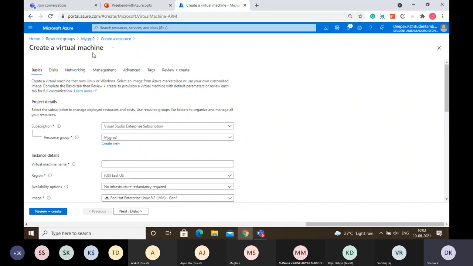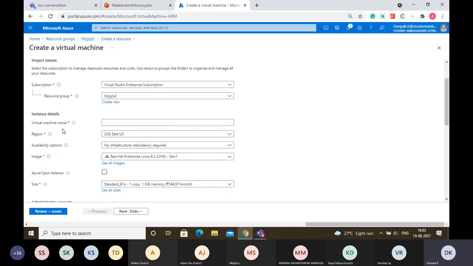So you want to set up the configuration of your laptop inside the cloud. I'm telling it as easily as possible for you. You are setting up your laptop inside the cloud. So what all things do you want for your laptop? First, the subscription is default. Resource group: suppose you have multiple resource groups, I will be choosing my group 2 by default. Okay. Now